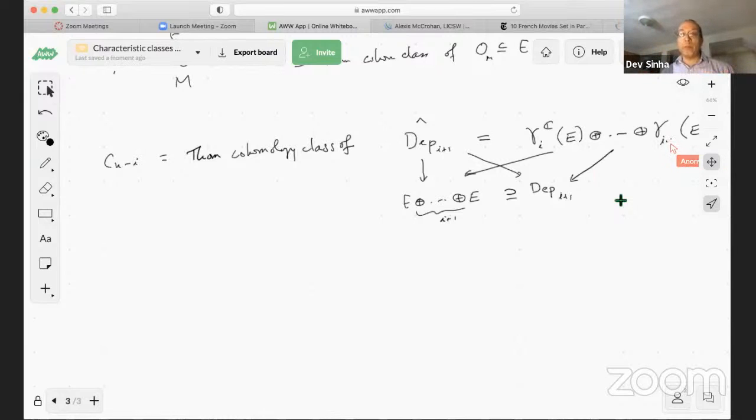Then those i+1 points are dependent. So this is itself a bundle, if you will, over the Grassmannian. And in fact, in order to co-orient it, so to co-orient this,